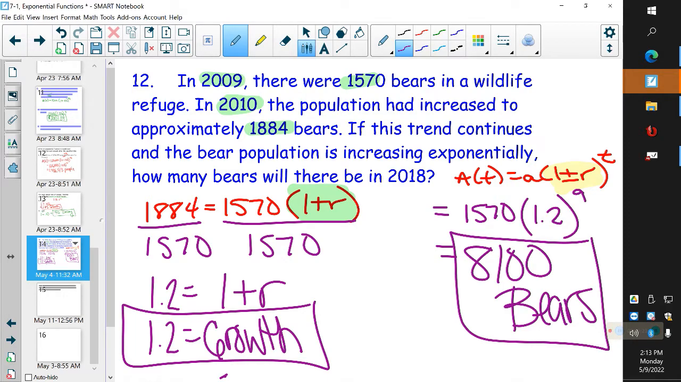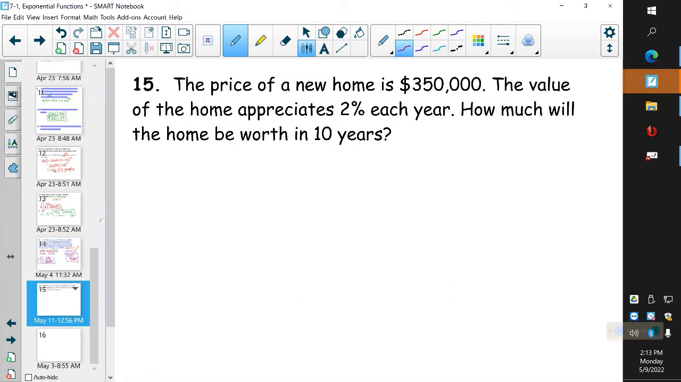Okay? If you're talking about a fish pond, if you're talking about a deer population, anything like that, if you're talking about populations for people, all of this is the same exact concept. Do we understand this, yes or no? Great. Last problem. The price of a new home is